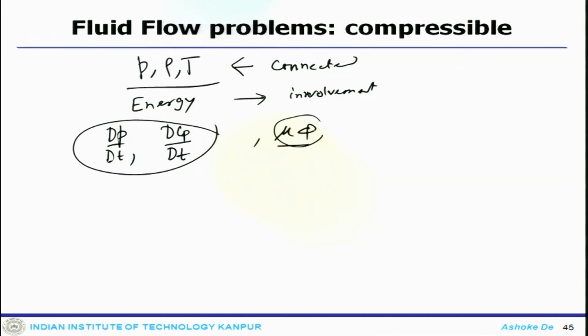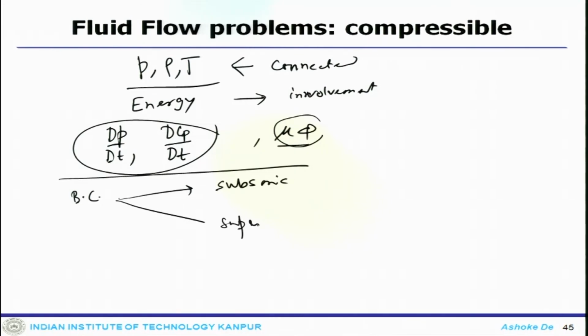Now, the other thing is that when you come to the compressible case, your solution algorithm has to have two different kinds of definition of the boundary, inlet condition and outlet condition. So, all your boundary conditions, inlet or outlet, could be of subsonic type or supersonic type. So, one has to take care of that. Now, that essentially concludes the portion of our fluid flow problem, where we have discussed both incompressible and compressible.